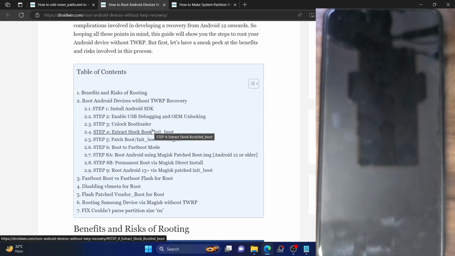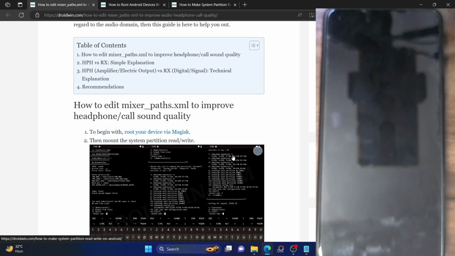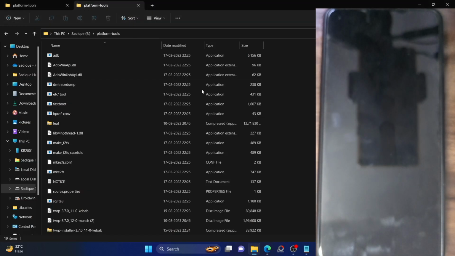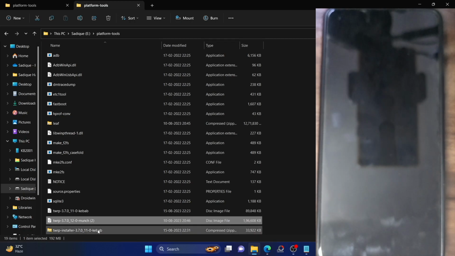So in my case, I have a recovery. So let me now root my phone via the recovery method. For that, you need to download the recovery file onto your phone. In my case, this is the recovery img file and this is the recovery zip file. If you only have the img file, that will also do, but I still recommend that you have both the img and the zip file. Once you have both files, make sure to place them inside the platform-tools folder on your PC. I've given the link, so download it from my guide, extract it onto your PC and then place the TWRP recovery file there.